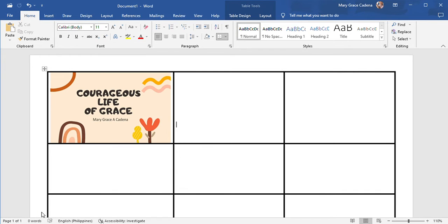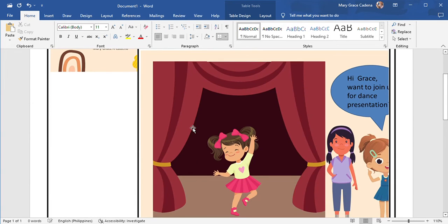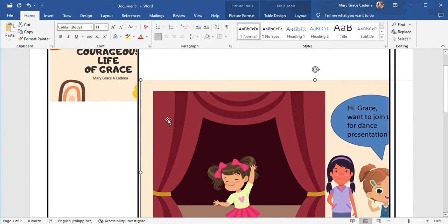You should arrange the sequence of the story. So let's just copy this and then go to the next. Of course we need to make adjustments.